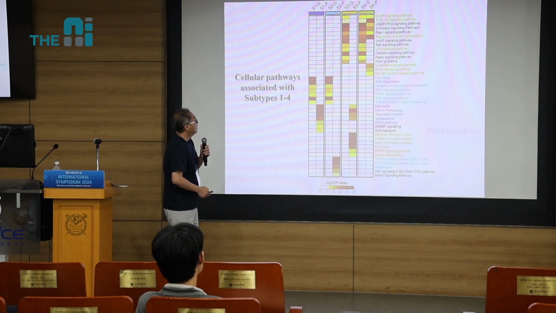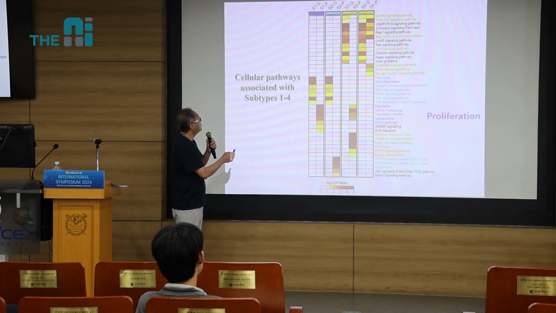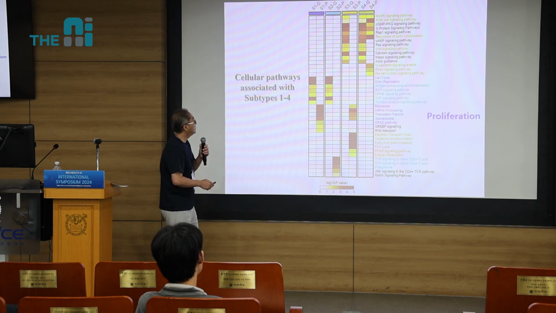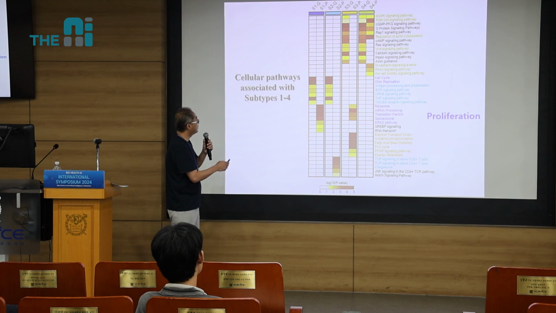So here, these are the mRNA signatures which define the subtype 1, but as I explained in the previous slide, the mRNAs defining subtype 1 could not distinguish the subtype 1 and 2, right? So they are representing the same pathways. But the protein signatures actually could distinguish this subtype 1 from subtype 2, so they're supposed to represent different